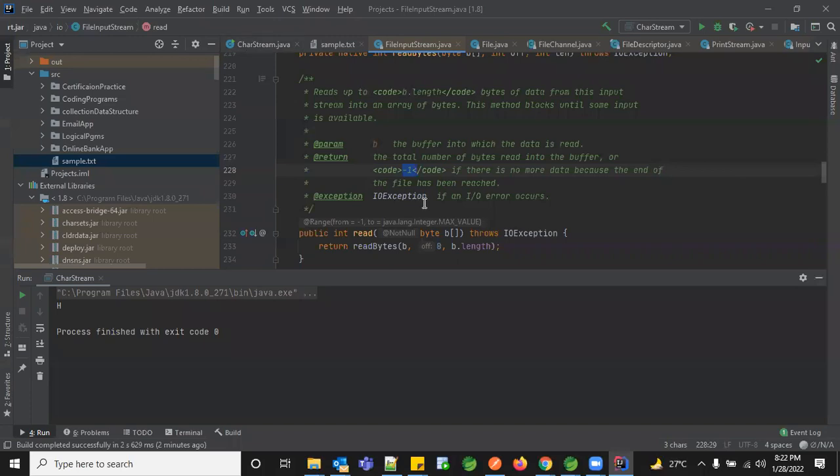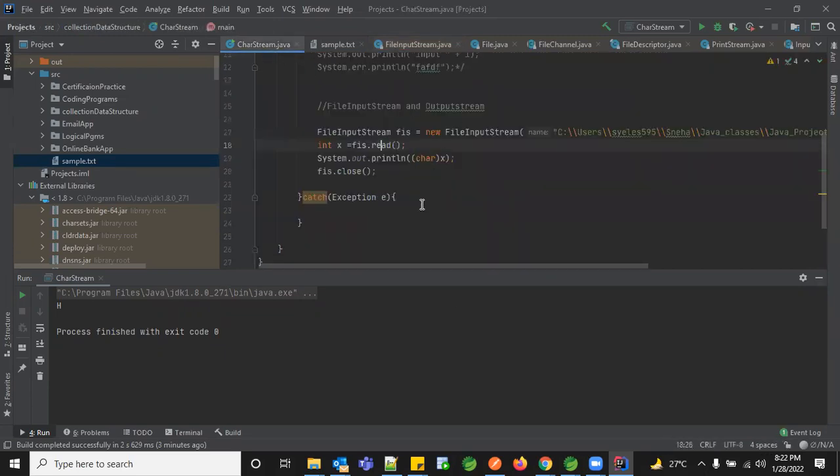So what if we have -1 actually in the file? Only if it is -1, we will not go into the loop itself. That is the reason we always validate whether the file is empty or has some content. Instead of keeping it X, I'll make it more relevant, let's say content. Every time I have to check the content is not -1, only then I'll perform this activity and print them.